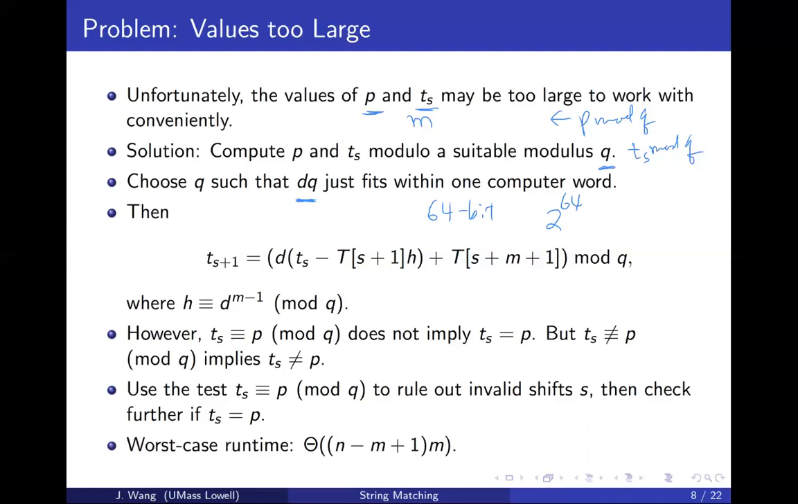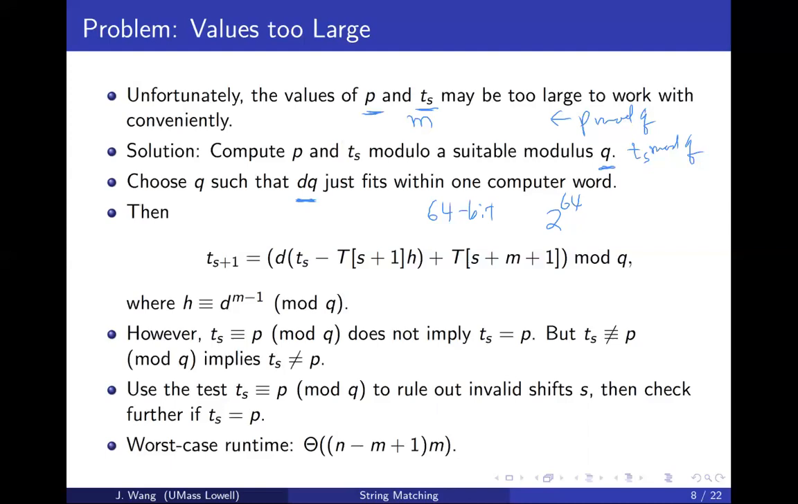So that could still be very large. Okay, so that's how we choose Q, based on the inputs at hand. All right, and then after we do modular Q, so let's say TS plus 1,